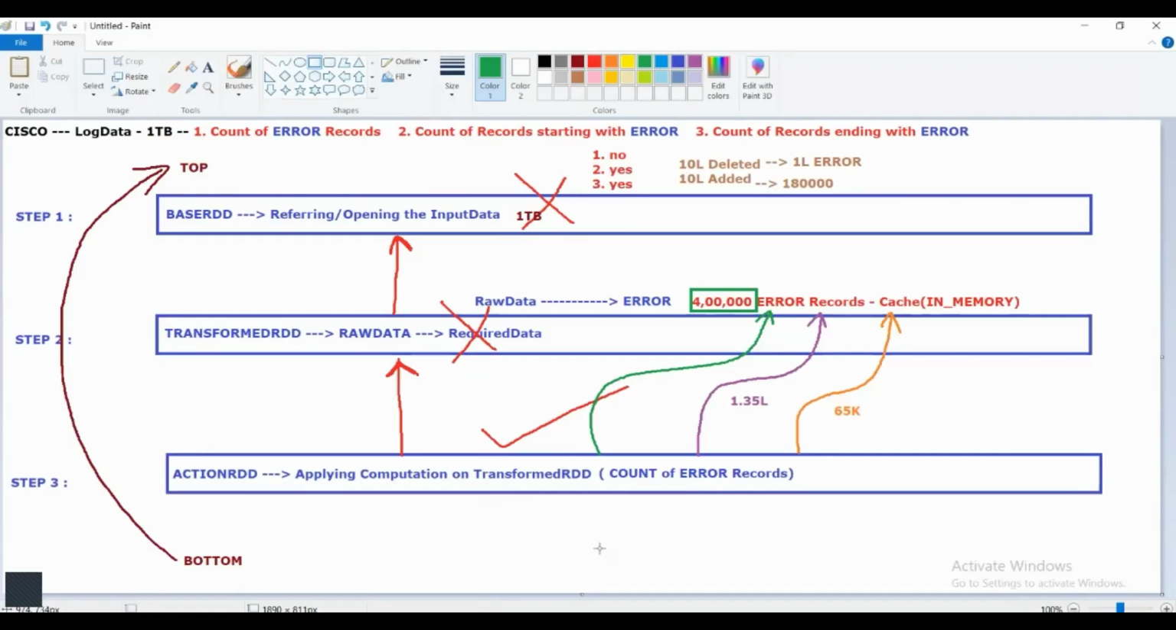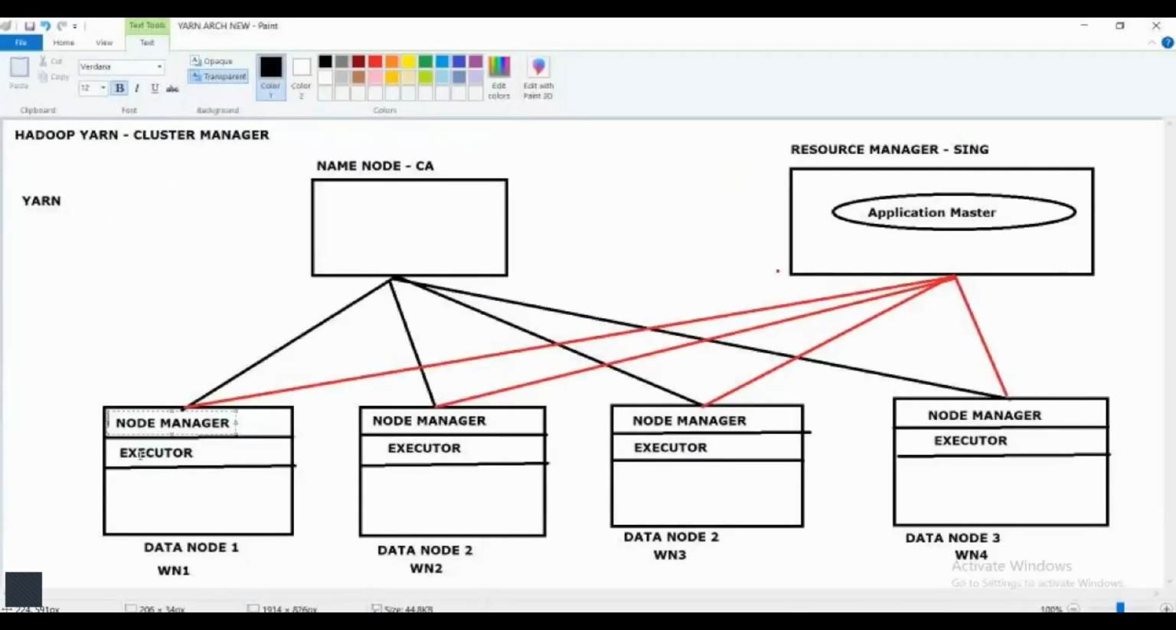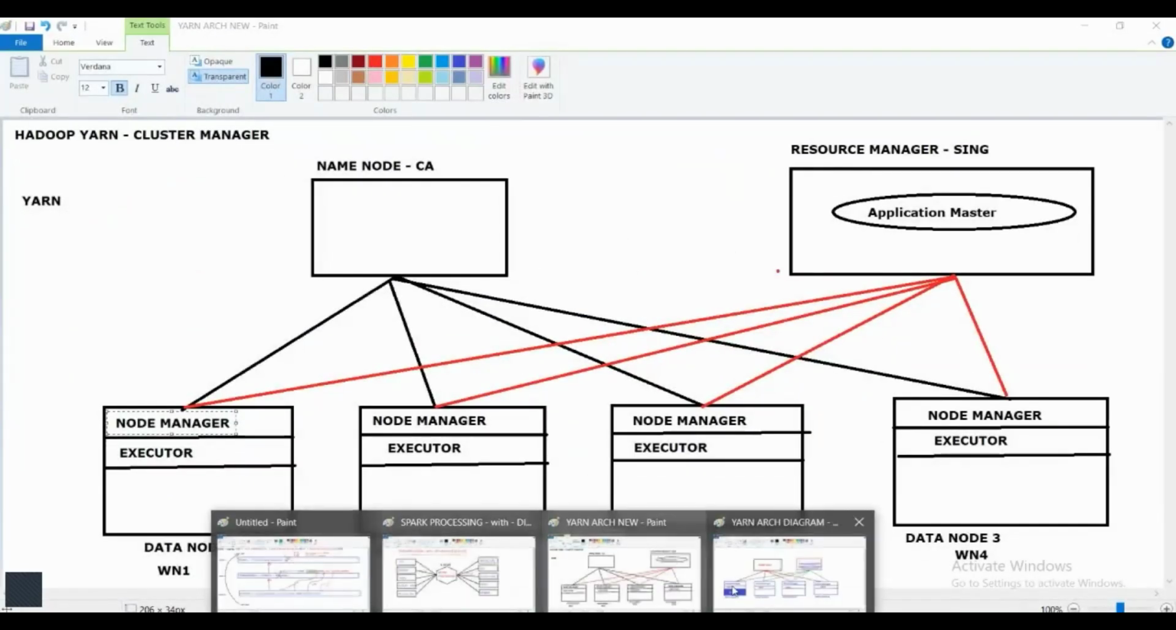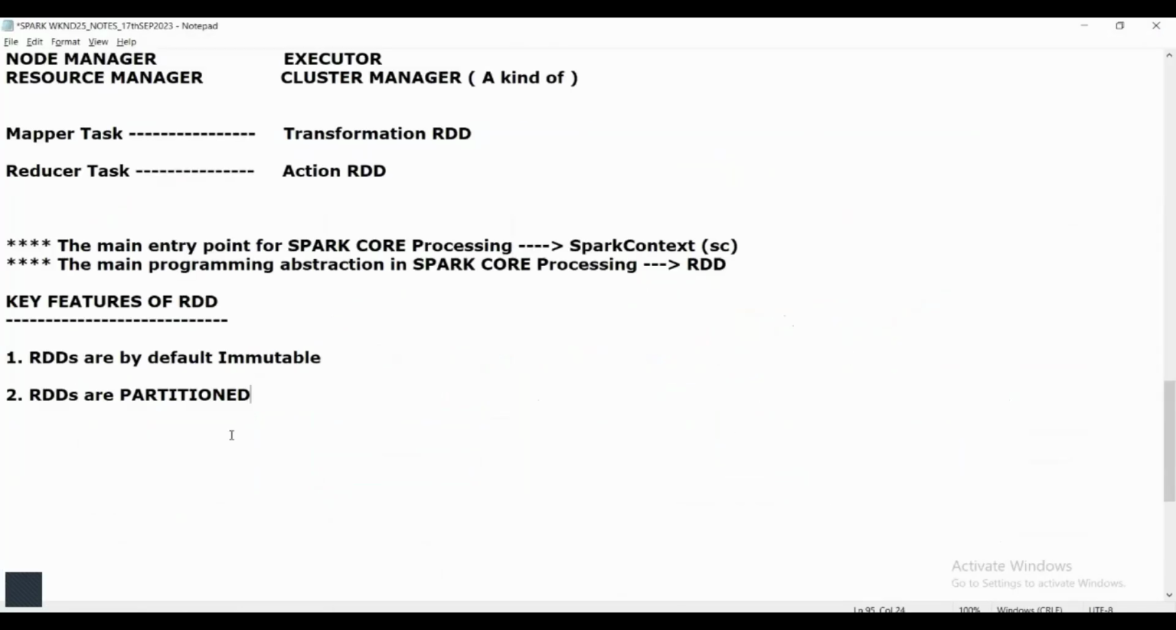So one of the key features of RDDs is that your data storage is distributed across multiple nodes. Here some data, here some data, here some data. Spark RDDs have the capability to apply the processing in that partitioned and distributed manner. That's where RDDs are partitioned. Next, RDDs are